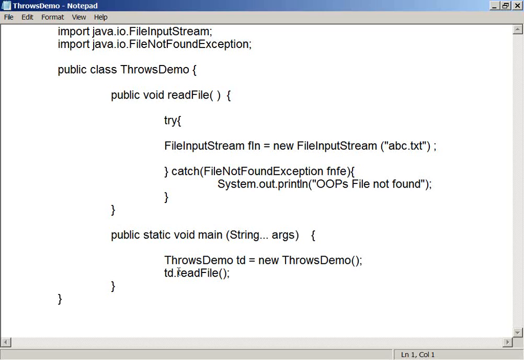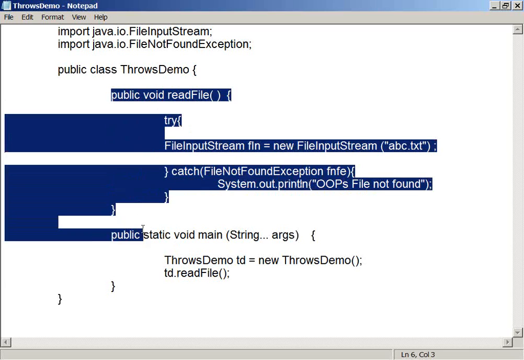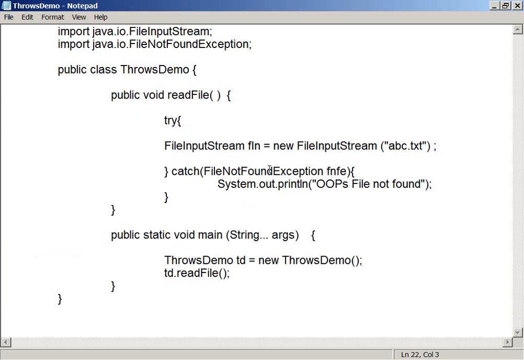So what is the problem here? This is not the problem with your code. This is the problem with this code, and because you are using this code, it is indicating to your program, saying: boss, if I don't find this file, I cannot help you. I may raise this problem. So it is your headache whether you want to handle it or not.